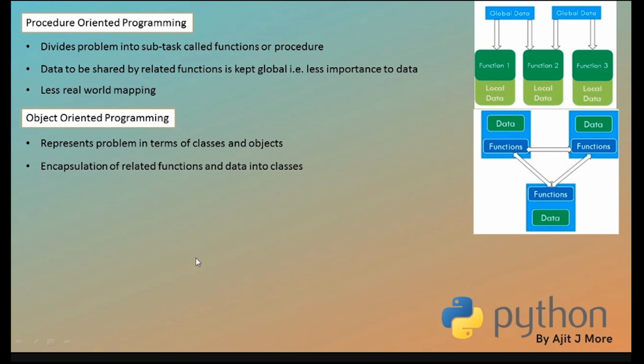So here the main concept is to encapsulate related functions and their related data into an entity called a class, and then you create copies of that class called objects, and then these objects interact with each other through message passing. Okay? And here they say that whatever you see in the real world, you can map it very easily in terms of programming.